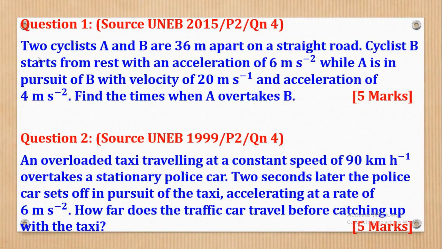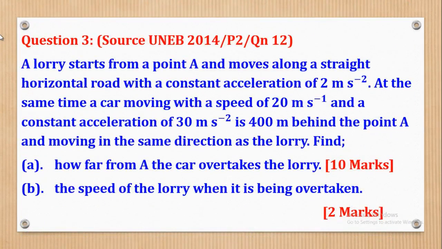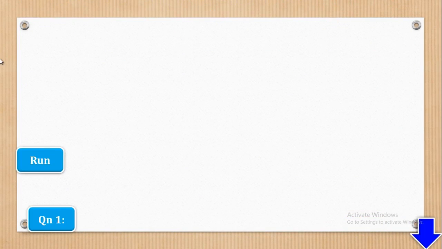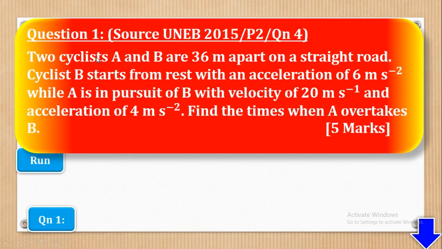Now these are the very questions I left in the previous video. So question 1 was that and question 2. I believe that you tried them out, and now we are going to see how the solutions could be worked out. So we are going to start with question 1, and question 1 says two cyclists A